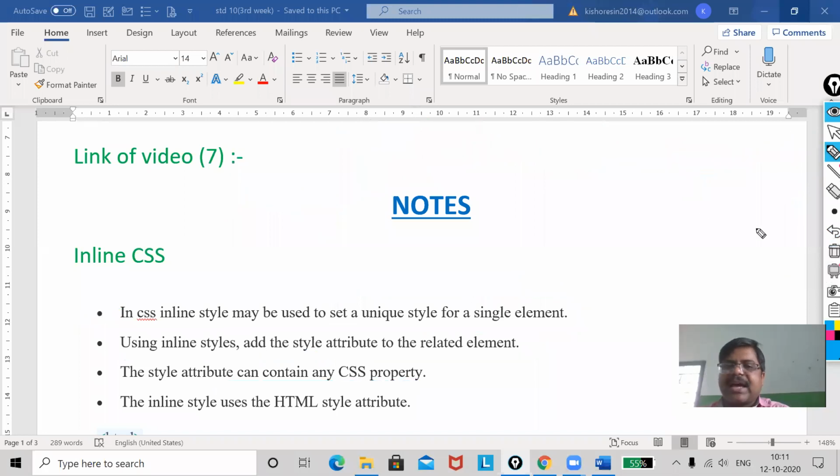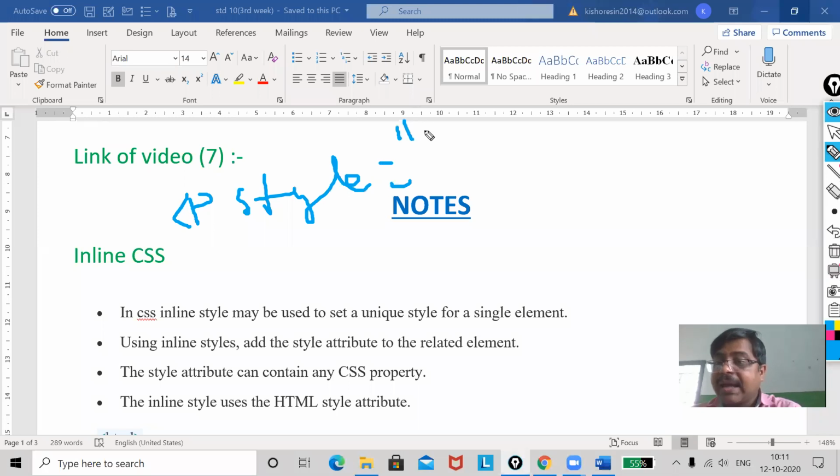It means that if I have used my P and then a style equal to, I can align my paragraph at the center, I can make my paragraph bold, I can increase the size of the paragraph. That means any CSS property I can use. When I am explaining the coding, you will understand everything.